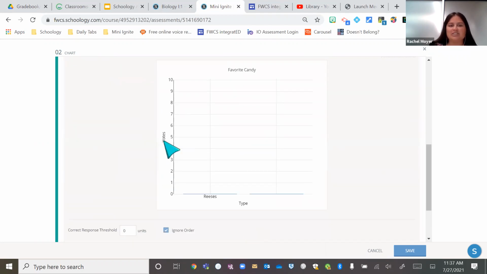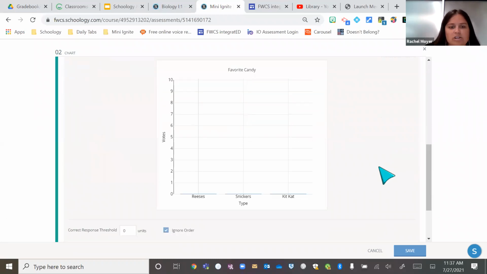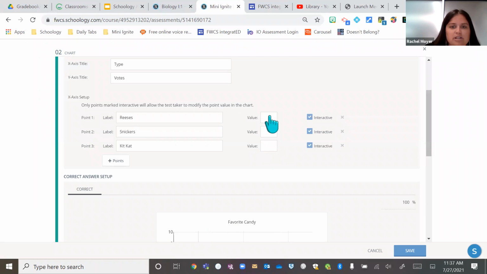And as you can see down here, it's starting to show. So there's my title, the number of votes, and then the type, and you can see me putting in the different titles down here. Let's see, we'll do one more. Okay, so you can start to see the question is previewing here, and then I can either manually input the value, which is 4,